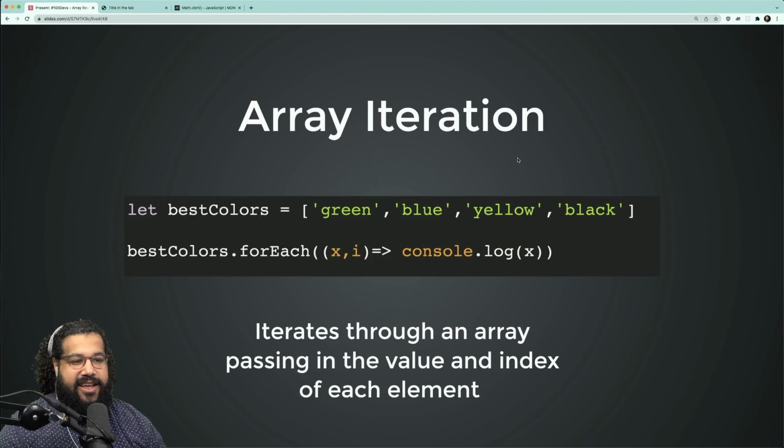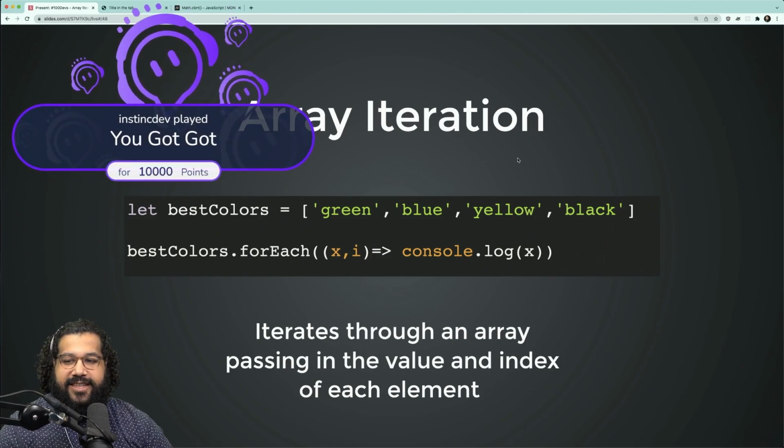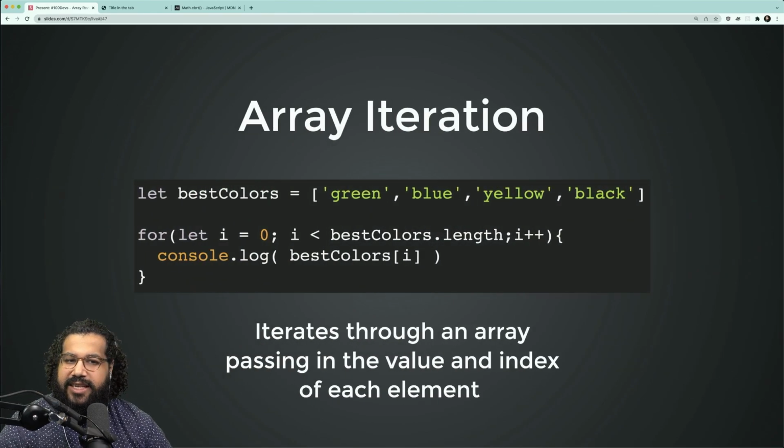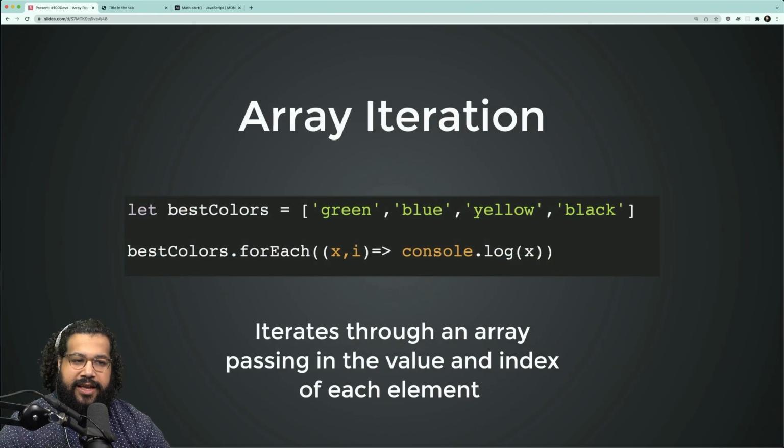Alrighty. We also have this other method that came up with arrays called forEach. What forEach does is it's the exact same thing as a for loop. It just does a few things every single time it runs. So the beauty of forEach,